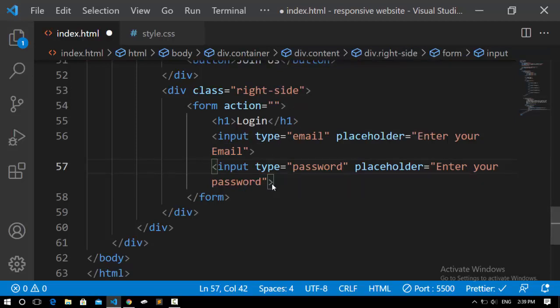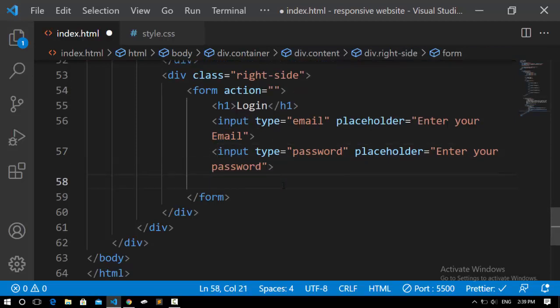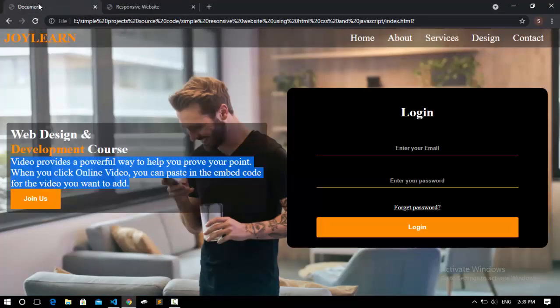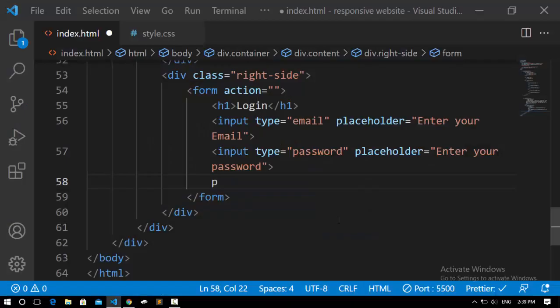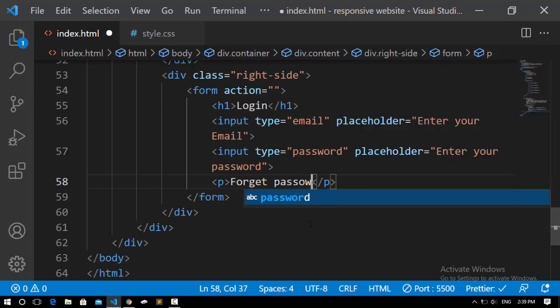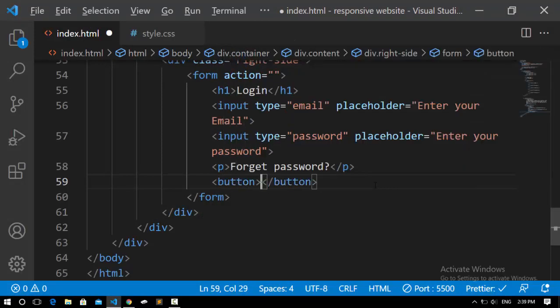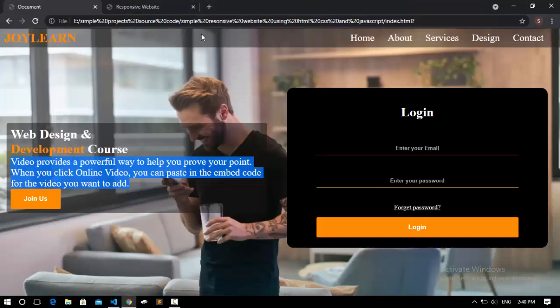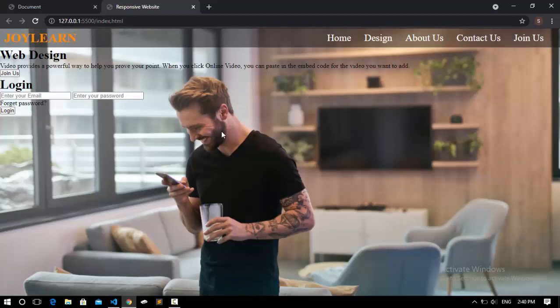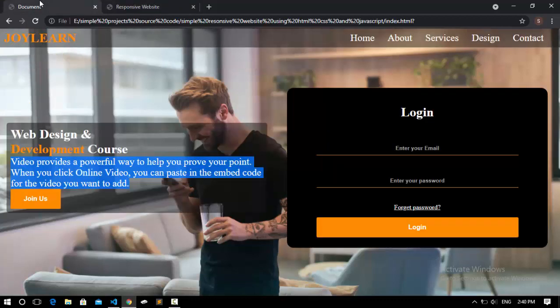We do not have anything else. We're just going to come here and create a p tag because we have forget password here. So I'm going to say p, and inside this we're just going to say forget password with a question mark. So after that we have our button. So I'm going to come here and say button, and inside this button we're just going to pass login. So I'm going to say login. Save it and go to the browser, and these are looking like this, nothing even close to this one, but